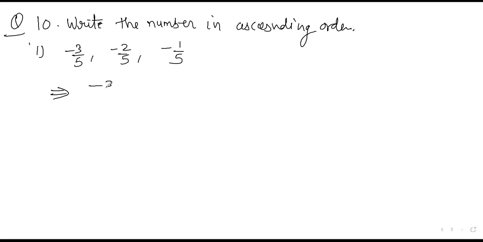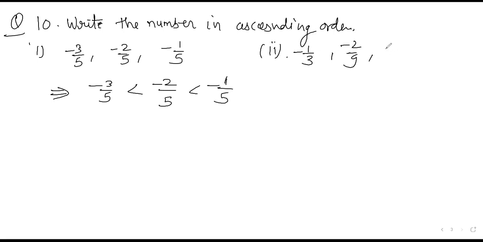That means these numbers are already in ascending order. This is smallest and this is the greatest, minus 1 upon 5. That means in the first question the numbers are already written in ascending order, but in the second question it is not. So let us move on: minus 1 upon 3, minus 2 upon 9 and minus 4